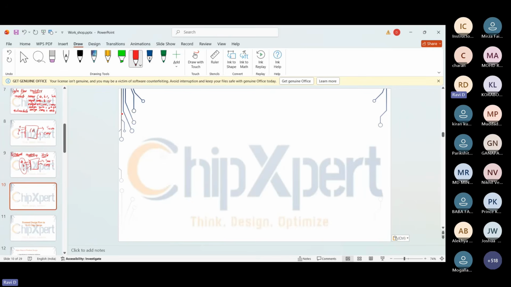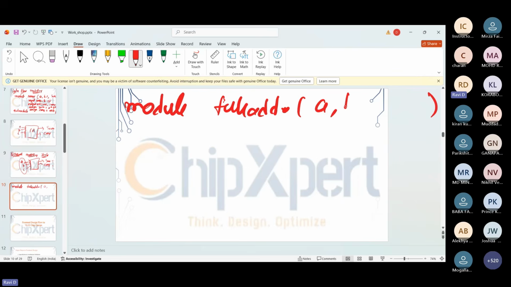Later, how we design the logic is what differs. So I want to design it using behavioral modeling. I write module, and the same name, whatever name I want, I can keep. I declare my ports A, B, C and sum and carry: inputs A, B, C, and outputs.